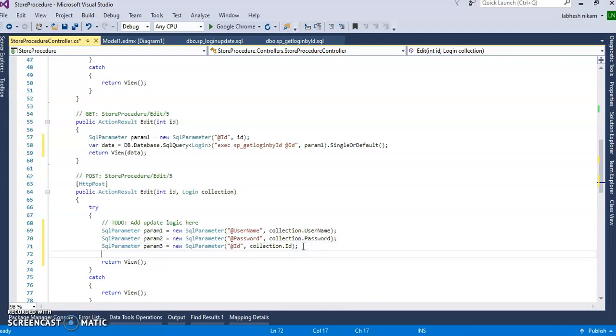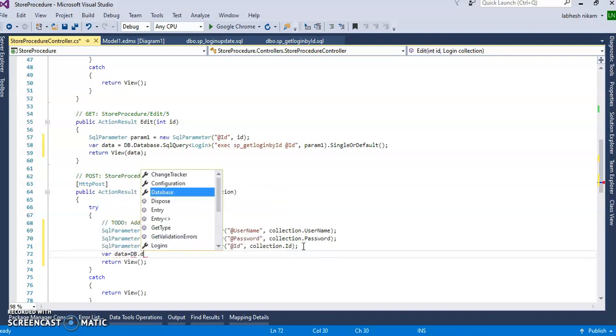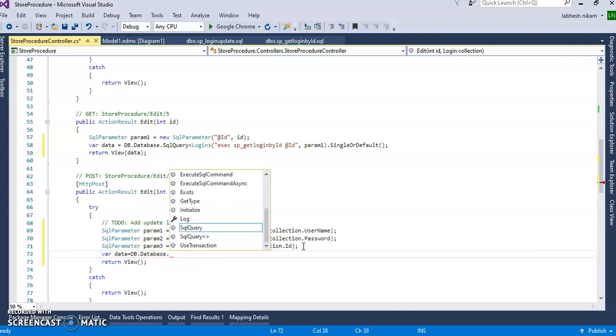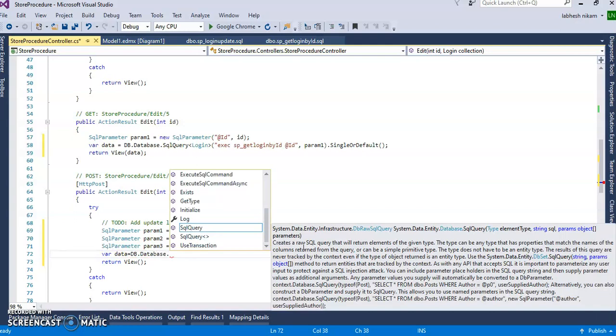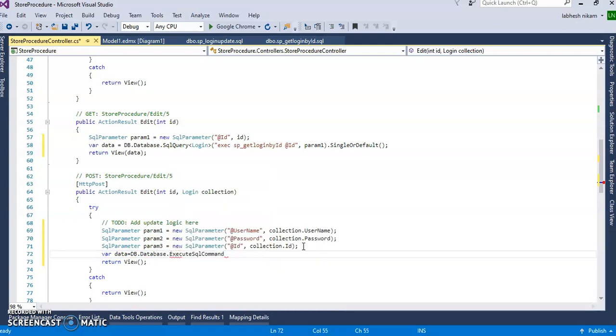Now create one variable, suppose its name is data equal to db.database, and use the DML command for data manipulation, ExecuteSqlCommand, and inside of that you will pass your procedure sp_login_update, and pass the name @id, and you want to update username and password.